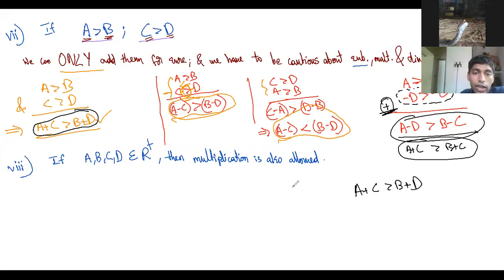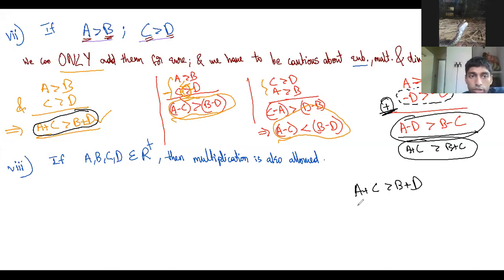Let us say you are getting 80 and some friend of yours, Pawan, is getting 70. And let us say in your final exam, you are getting 60 and he is getting 50. So both of your marks have been reduced by 20, but still your marks are greater. You get the logic? Subtraction is always allowed.